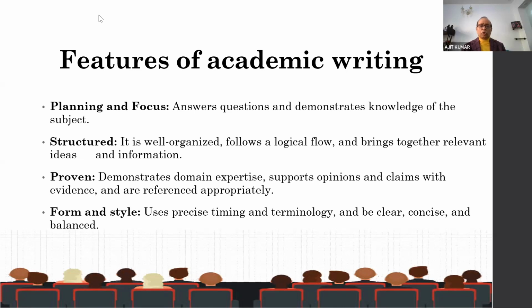Next, it has to always demonstrate domain expertise. It should support opinions and claims with evidence. And these evidence are referenced appropriately. Like whatever you're trying to say, you need to bring always the evidence which you are trying to support your arguments, trying to support your line of thought. Whatever hypothesis you have made in, let's say, a research project, then you need to generate evidence